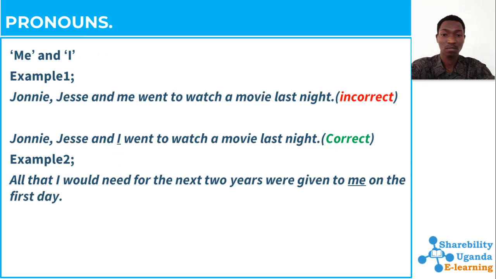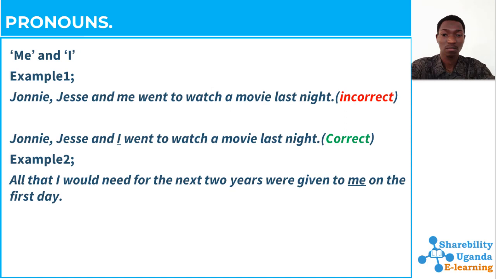Then we have me and I. Among the subject and object pronouns, the pronouns me and I are the ones that are not used correctly most of the time. This could be made easy if you understand the idea that the pronoun I is always used as the subject pronoun and the pronoun me is always used as the object pronoun. For example, Johnny, Jesse, and me went to watch a movie last night. That is incorrect, and the correct usage would be